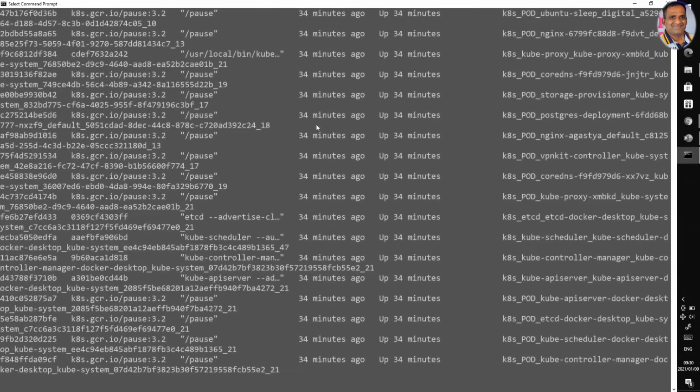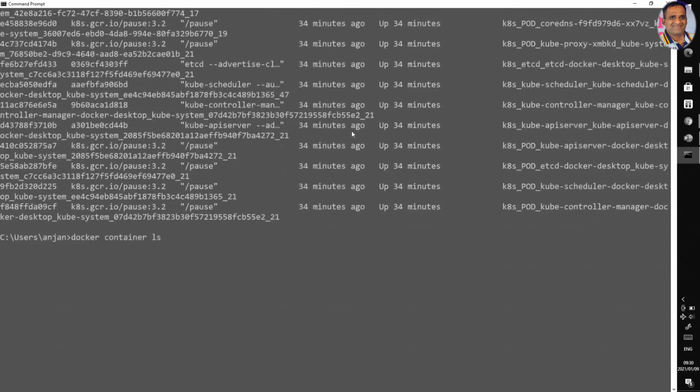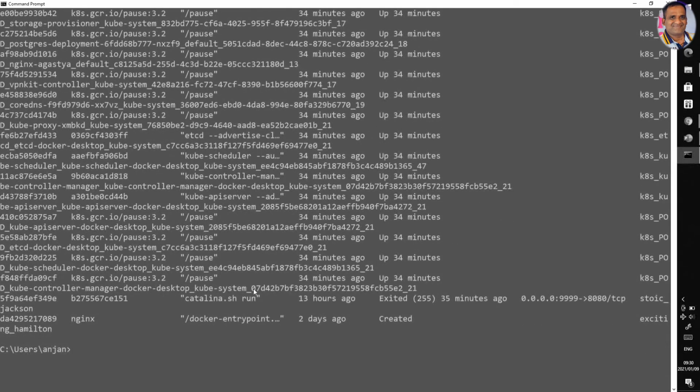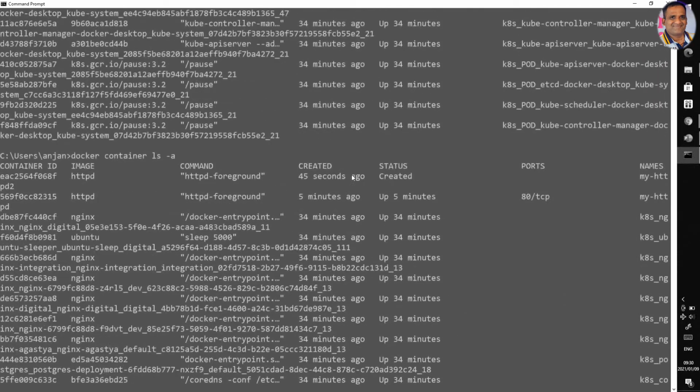When we're doing this here, it is only listing all the running containers. If you want to check all the created and stopped containers, use the -a option. Whenever you use that -a option, now you can scroll, there are too many containers.